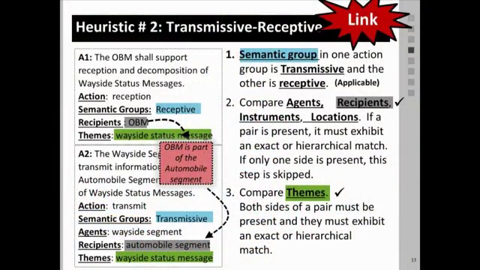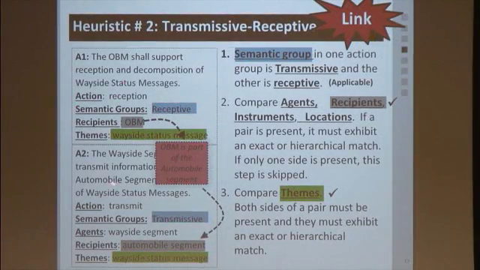Currently, our model is a little simplistic because it looks only at single pairs, and we know we can improve it if we look at sets of action frames that occur in source and target artifacts. So this is an example. I took out the animation because it takes too long to go through, but you can see here we have one action frame. Here's another one. Here the verb belongs to the receptive group, and in the second one the verb belongs to the transmissive group. So we have sets of heuristics. Here are the heuristics for this specific receptive-transmissive pair. We go through the heuristics, and if all of the heuristics pass, then we declare that a link exists.